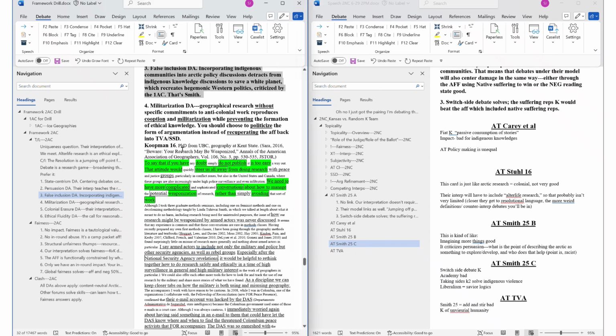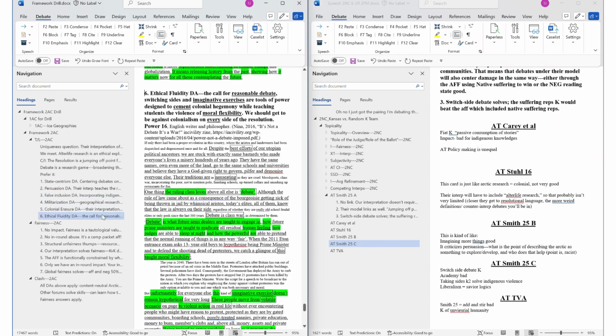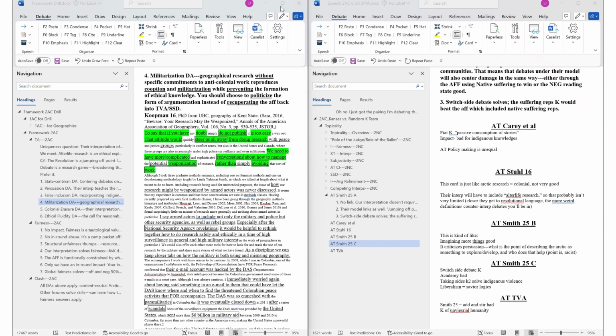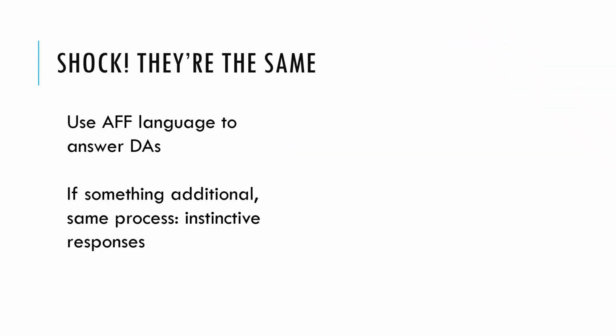And then they've read a couple extra DAs, which may or may not talk about the other things in the app, but all of it seems to connect to our idea of what we thought the 2AC was going to be. Okay, they're the same. The difference, once we've finished this, is to use affirmative language to answer DAs. So we should change what our things before were saying into what we learn the 2AC actually wants to say. And if they add additional DAs, we'll do the same process, either with a template or using our instinctive responses to arguments